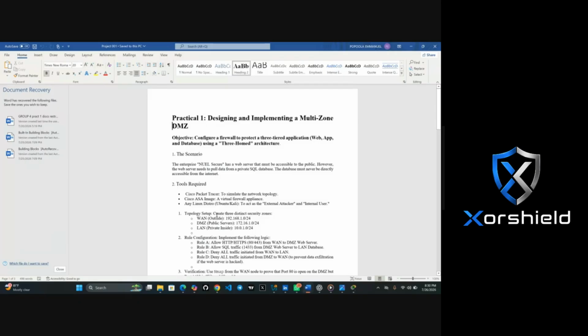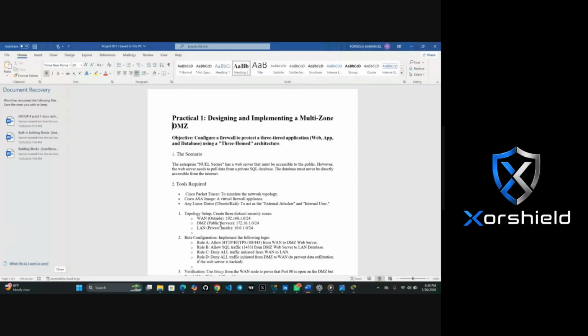This one cannot work on the ASA image on Cisco Packet Tracer, because Cisco Packet Tracer is a free networking learning platform for us as beginners. That's why we are using it. As a network engineer working for a company, you cannot be using Cisco Packet Tracer. You can use it to design your own topology the way you want it. Then you sketch it out and show the company, this is how I will do this. You get it? Then they will provide the real-life tools you need to perform the task.